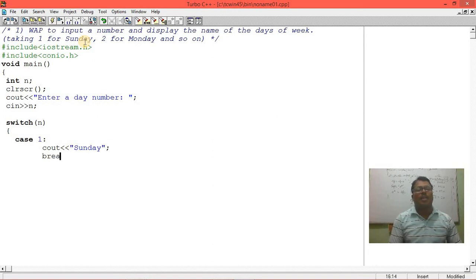Like this case 2, Tuesday, then break. Case 3, cout Wednesday.